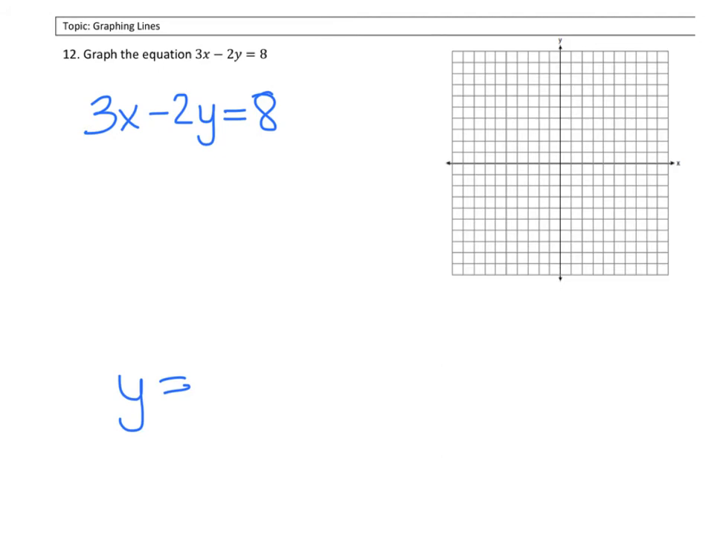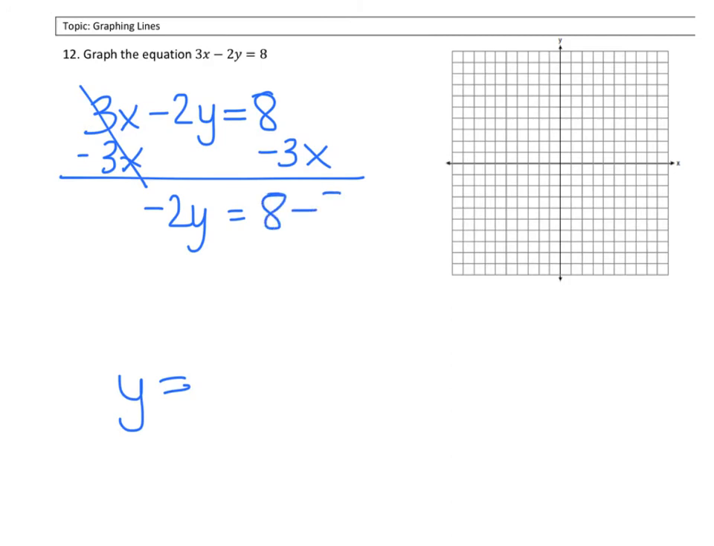Okay, first thing I need to do is move my x terms to the other side. So I'm going to subtract 3x from both sides. So that'd be negative 2y equals 8 minus 3x. Okay, now I need to isolate my y, which means I need to get rid of that negative 2. The operation between the negative 2 and the y is multiplication. So to get rid of it, I would divide everything through by negative 2, leaving me with y is equal